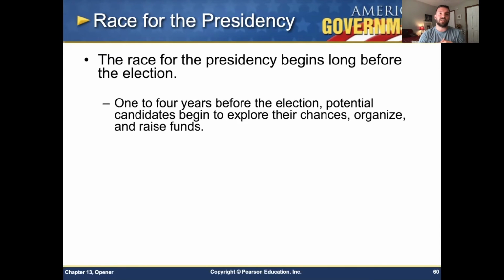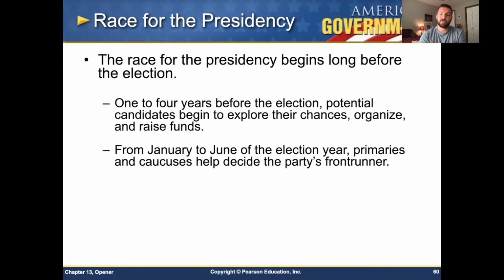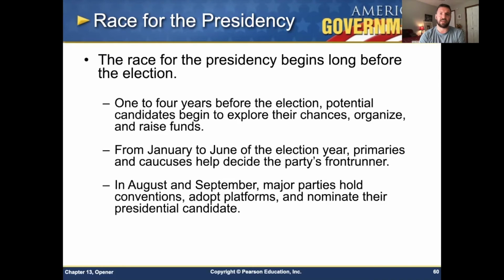Get an organization there to have people knock on doors, or text or call potential voters, hold voter registration drives, whatever it happens to be. From January to June of the election year, primaries and caucuses help decide the party's front runner, which we've already kind of explained. We would be toward the end of the primary season. I guess we still technically are, but we already know right now it's Trump for the Republicans, it's Joe Biden for the Democrats. In August and September, the parties hold their conventions and adopt their platforms and officially nominate their